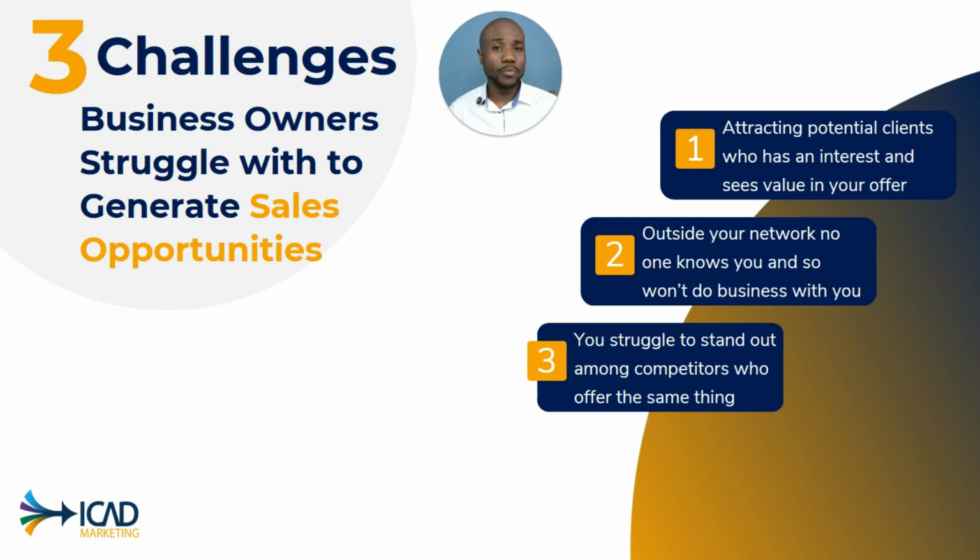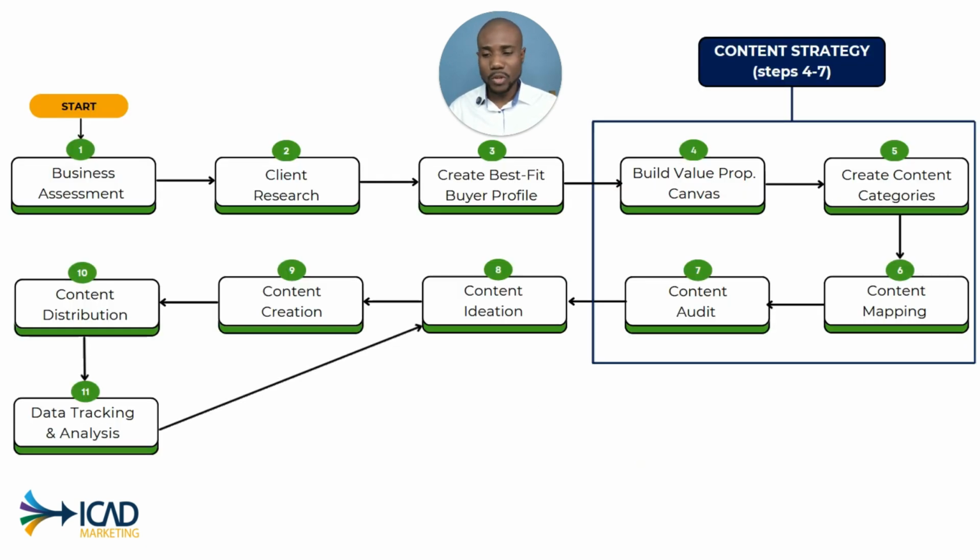All of these three problems are what we're going to look into, in terms of how you can solve these challenges, if they apply to you, using our authority branding system. So this is our authority branding system. I'm going to break it down for you, starting with step 1. It's 11 steps. I call it the authority branding system. Sometimes you may hear me refer to it as the 11 step framework, and sometimes as a 3-4-4 formula.